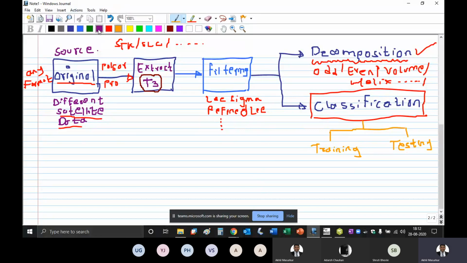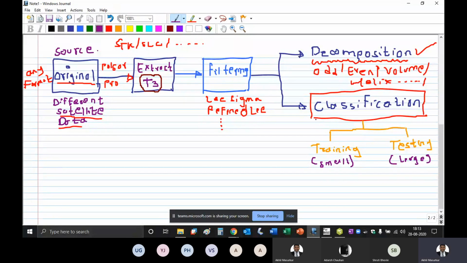In training, we generally use a small data set. The training data set is generally small, and testing is generally large. Or you can have them in a certain proportion, absolutely no problem. Sometimes the proportion is 80-20, 20-80, 50-50. It depends on how well you want to train. If you have less training data, then while testing it might give some errors. If you have a very large training data set, then also there are different kinds of errors which are possible.